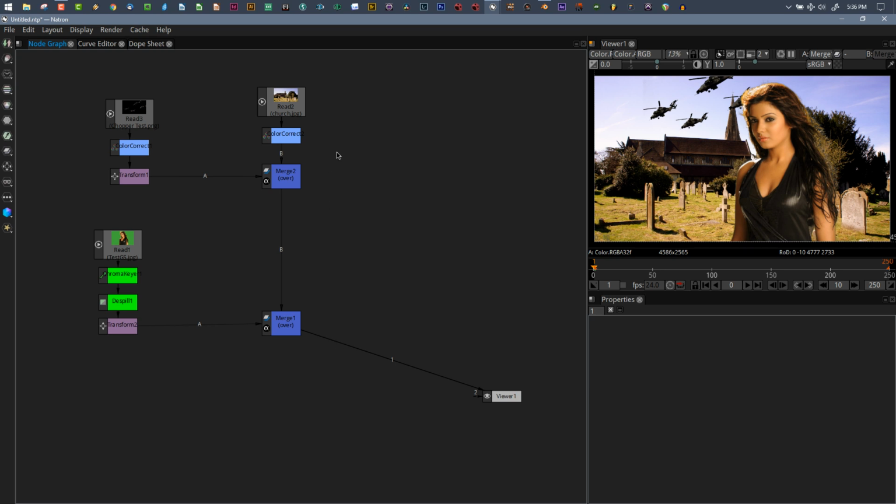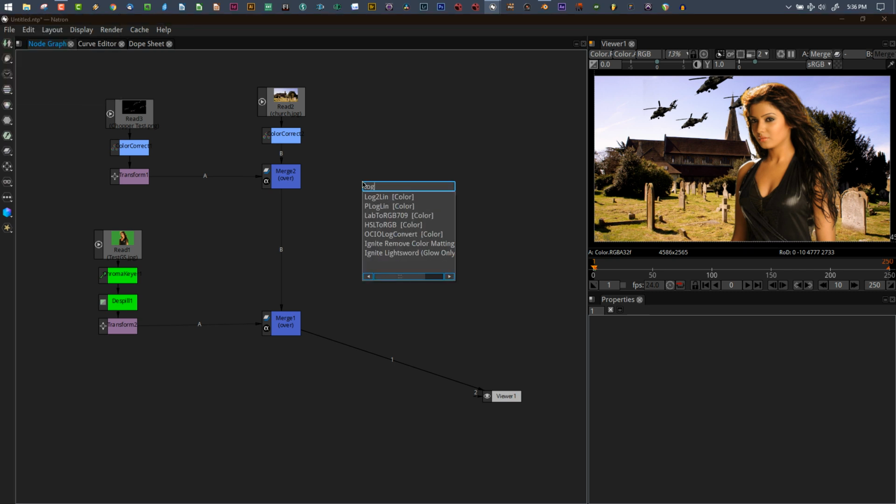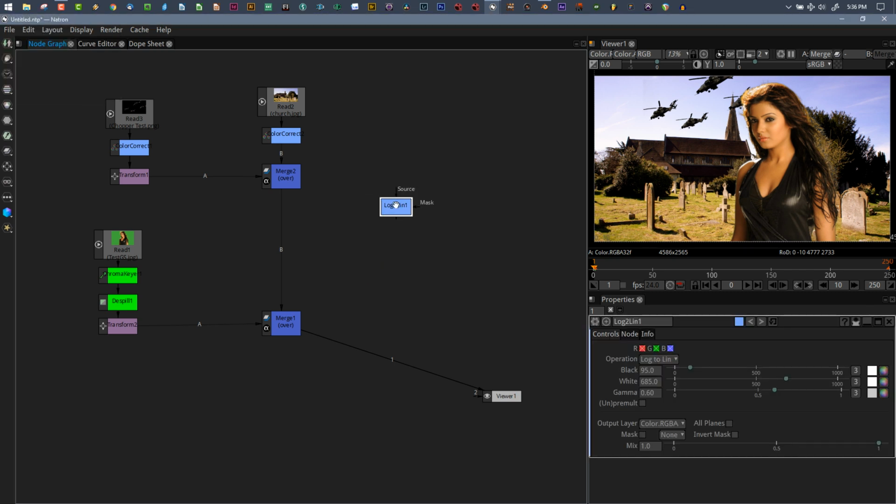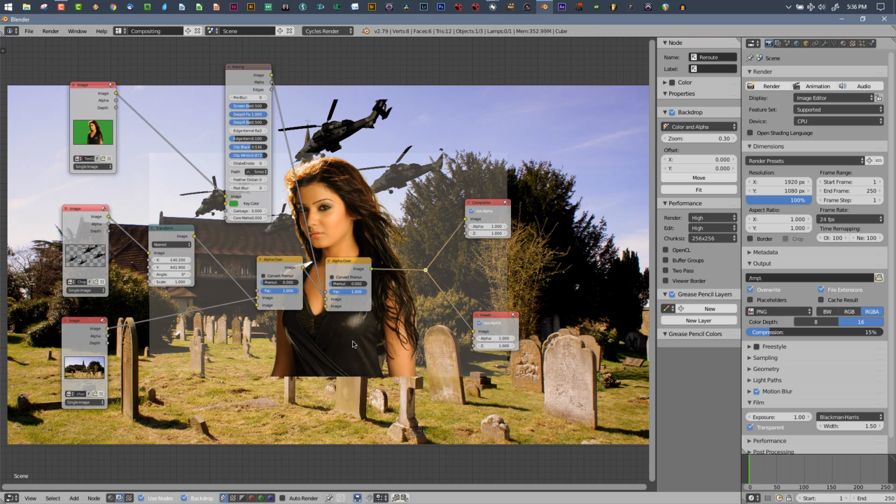One other huge feature that, as far as I know, Blender does not have is the log to linear conversion. This is extremely helpful when we're working with log footage, because then I can copy this, paste it down at the bottom of the node graph, and invert it right here, go linear to log, and then everything gets converted back to a log color space to be set up for color grading. Can't do that inside of Blender. There's no such node, as far as I know, to handle that kind of thing. So Blender, you suck. So let's go ahead now and we'll boot up Fusion